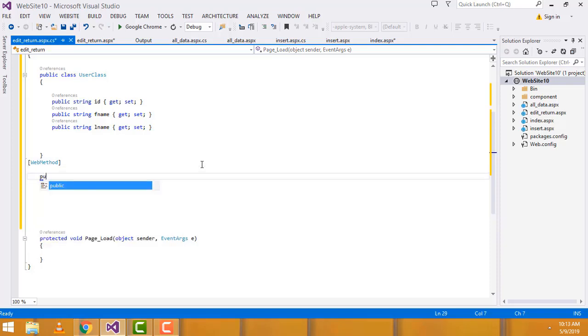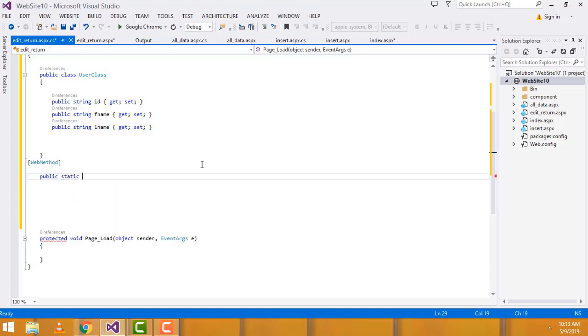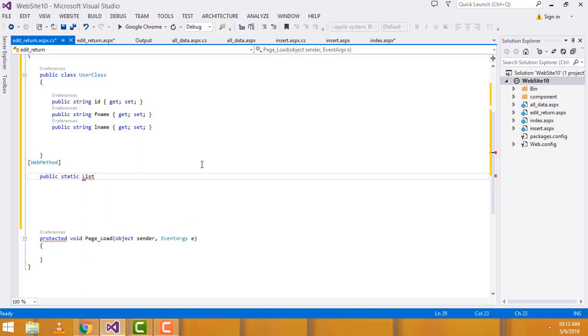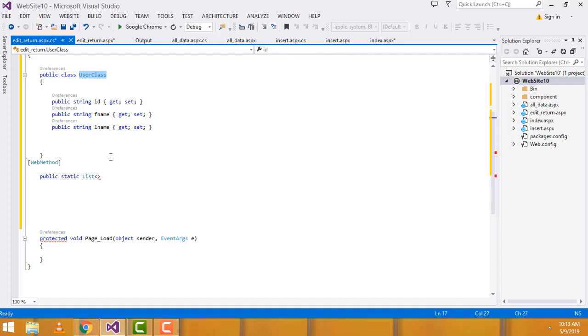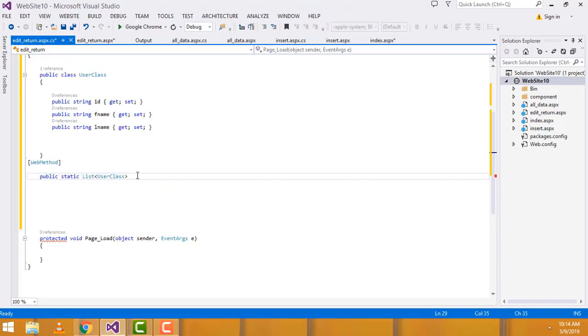So, public static. Here we have to write a list. The list we have to write, the first one should be this one, the user class. You have to copy and paste it here. Here we have to write a function. What is the function we have to call here? This is the function, show records. The same function we have to put here